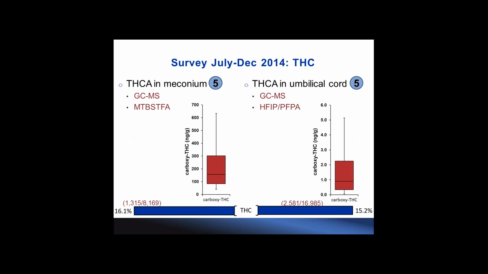So in this slide, again, I put meconium and umbilical cord on the same slide to compare with each other. The number in the circle means which test panel is included. So at least 5-panel through 13-panel, we have THC being tested. At the bottom, we see the positivity rate between the two specimen types we tested for, and there are the